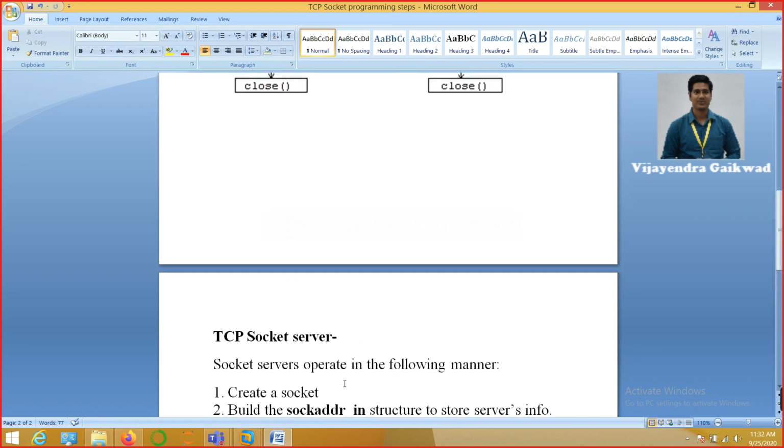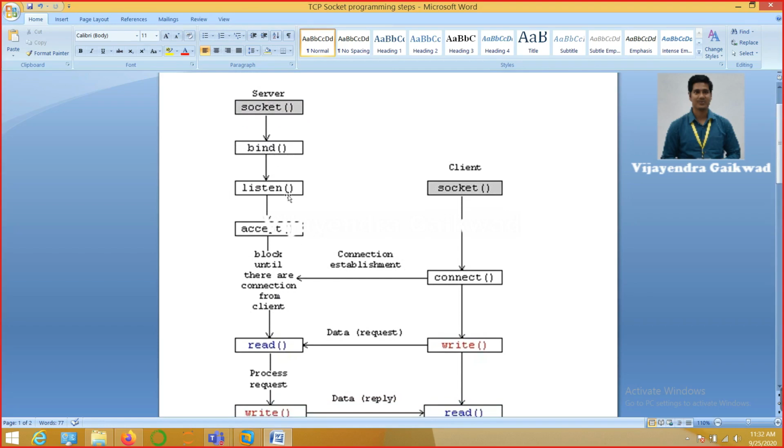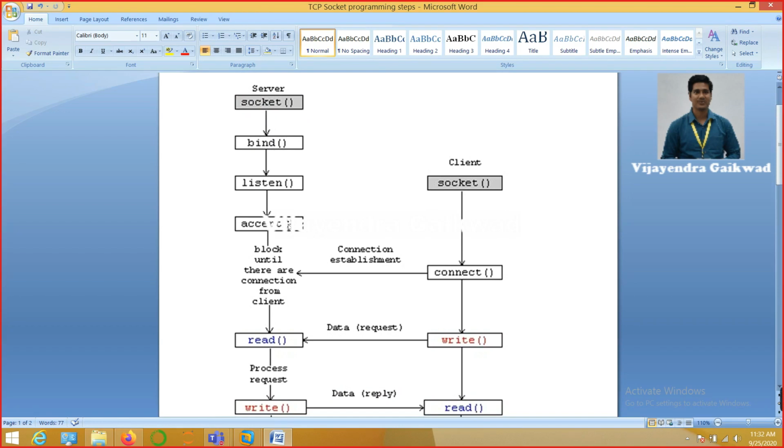Same things are replicated in this diagram if you are able to see. On the server side, firstly we'll create the socket with the socket system call. We will bind the socket with the IP address and port number information of the server. Then we will start the listening. Now once we have started listening, even if we are ready with the server part, until and unless a connection request comes, the server will be in sleep mode or it will be blocked, right?